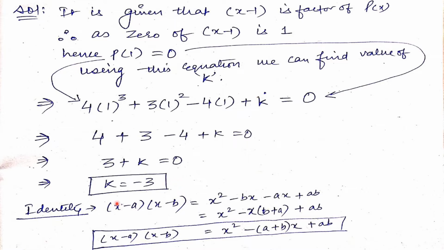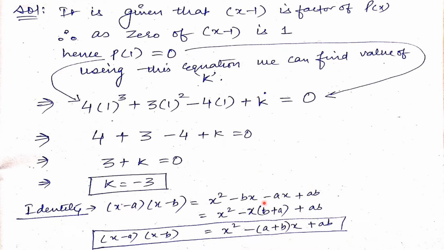Okay. Now before starting the factor theorem, I want to show you this formula that we also did in class 8. The formula is (x minus a)(x minus b). This is the fourth identity, if you remember, from your class 8. It is very simple. First we multiply this x in the complete x minus b. Then we multiply this minus a in the complete x minus b. So x into x is x square, x into minus b is minus bx, minus a into x is minus ax, and minus a into minus b is plus ab.